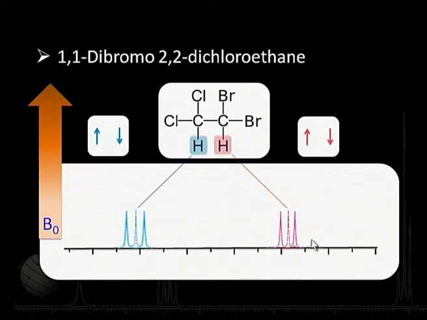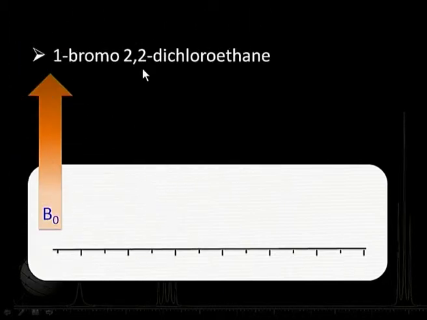So, we get two doublets in this case, as against two single line spectra or two singlets. So, this is the meaning of spin-spin coupling. That means this spin has coupled with this and vice versa, and both of them have got the spectrum to be split. Let us take another example.